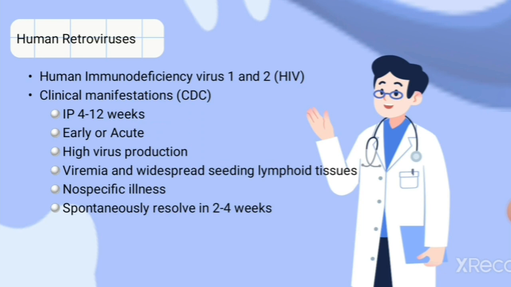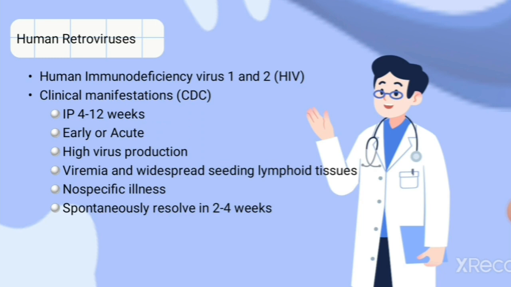So if the infection is chronic or latent, patients may either be asymptomatic or develop persistent generalized lymphadenopathy, since the virus can spread to our lymphoid tissues. And we also have the so-called ARC, or the AIDS-related complex, wherein the patient will have unexplained weight loss, fever, and oral lesions. And if the patient is in the final or crisis or full-blown AIDS, there will be a breakdown of the host defense, and then there will be a dramatic increase in